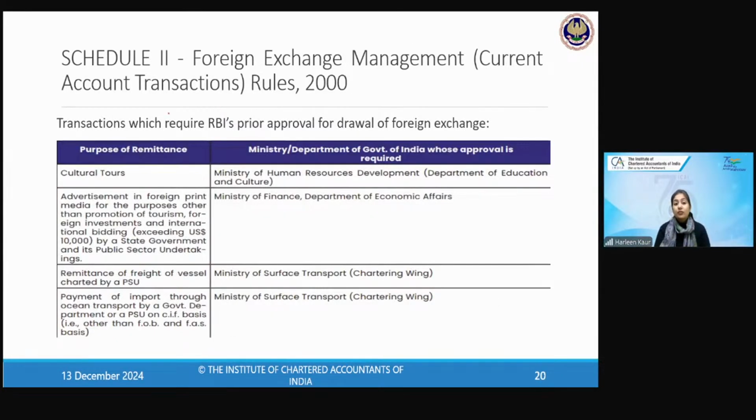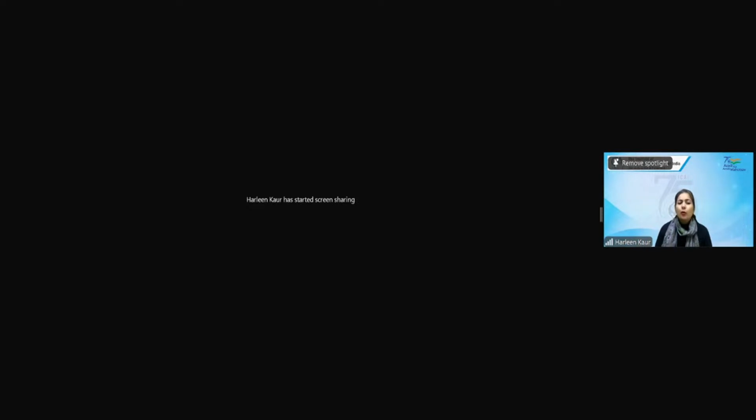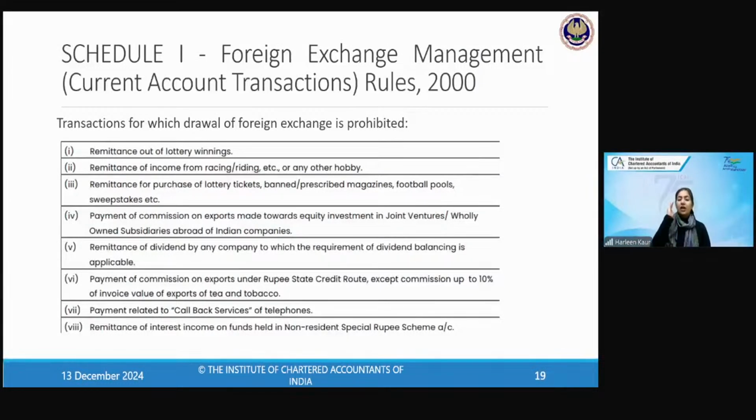Now we are going to do the transactions for which RBI approval is required and then Central Government approval is required. But before that, let me explain the fourth point once again, as Kushbu has raised a query. That fourth point is very, very simple. You just have to imagine that Kushbu, you are an Indian company, Kushbu Private Limited. You have a wholly owned subsidiary, A Private Limited, in the USA.